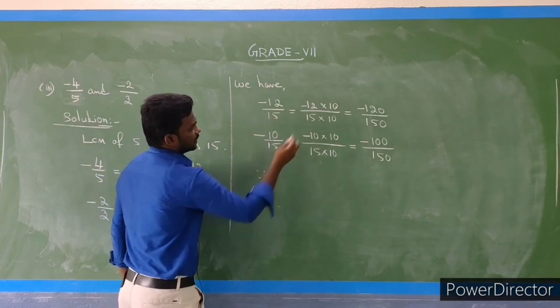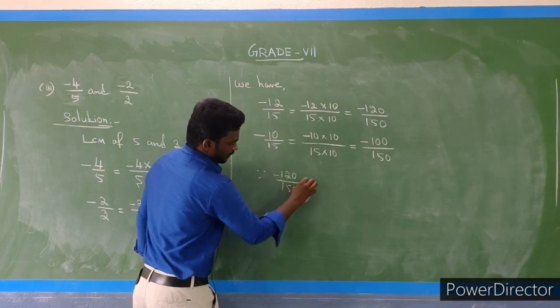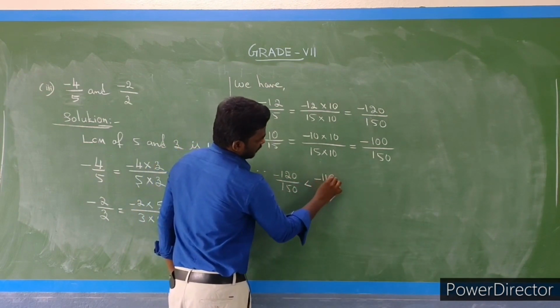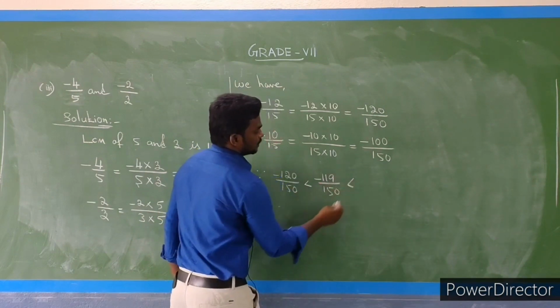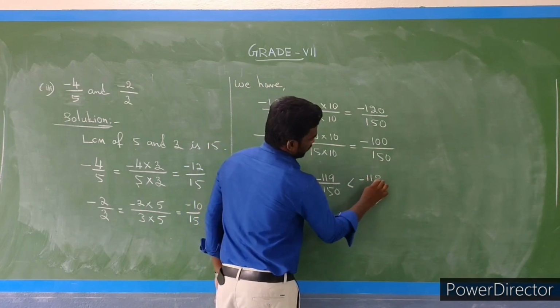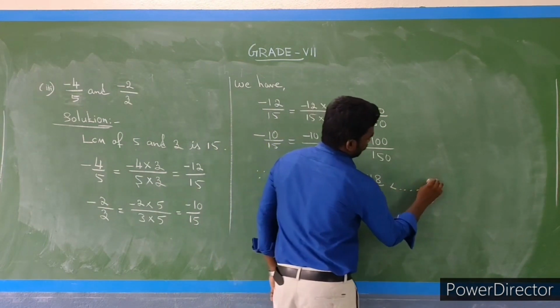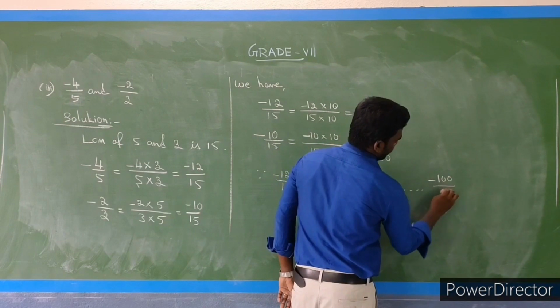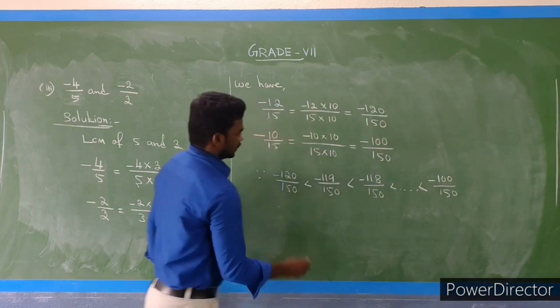Since from our condition, minus 120 by 150 is less than minus 119 divided by 150. What is the next number after 119? Minus 118 divided by 150 is less than, up to minus 100 divided by 150. Therefore,